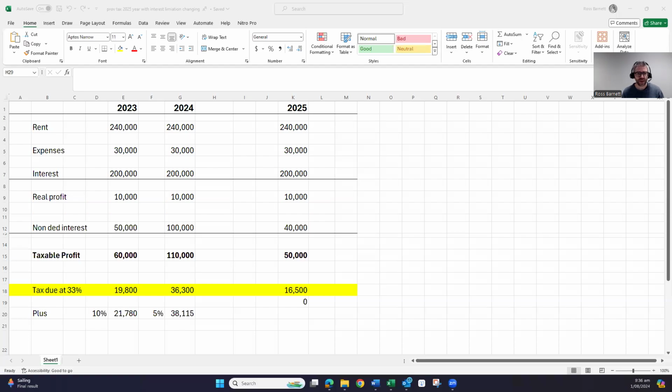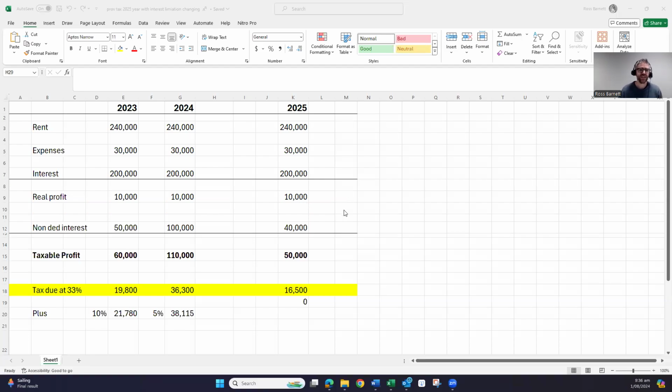So what's the big issue? Well, 2023, if you've got no exemptions, existing property, you could claim 75% of the interest. 2024, we're down to 50%. 2025, we're back up to 80%. So 75, 50%, 80%. The problem is if we file those 2024 tax returns, we're basing our provisional tax on 50% interest limitation. But we know it's already a fact from the 1st of April 25 that it's going up to 80% interest limitation. So we're going to end up paying a whole lot more tax than we need to. So I'm just going to start sharing my screen